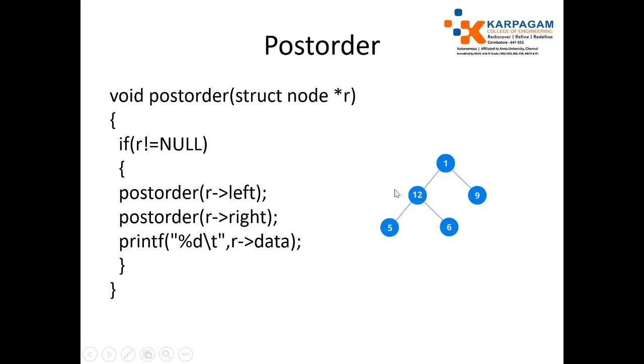For performing post-order traversal, we first process the left subtree by calling post order of R of left, and process the right subtree by calling post order of R of right. Only after that do we print the root node data using the printf statement. This is the concept behind post-order traversal. Just practice well by taking any tree. You can take the tree mentioned in the slide itself. We will meet in the next class. Thank you.